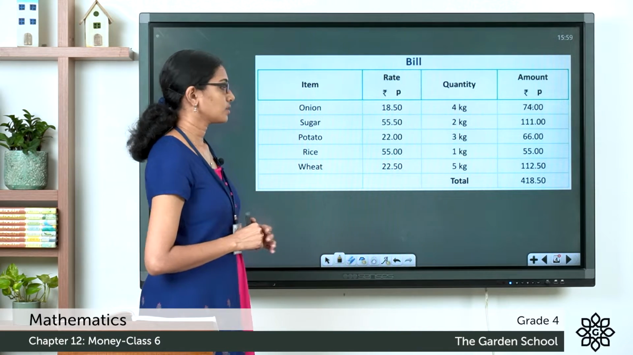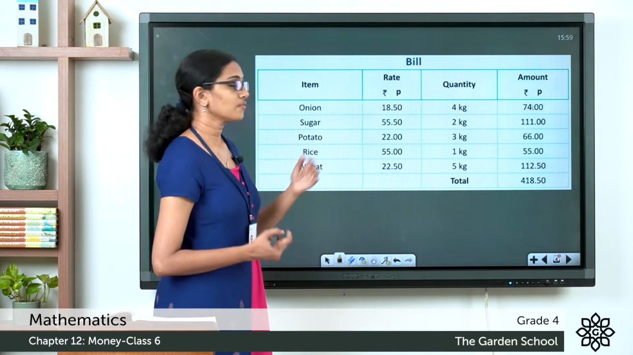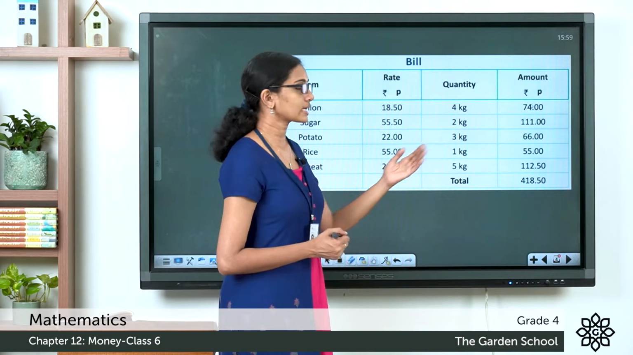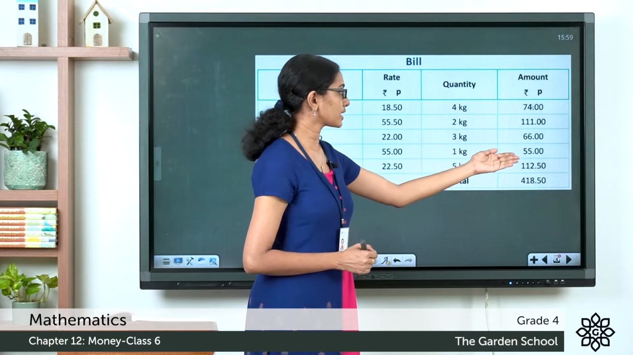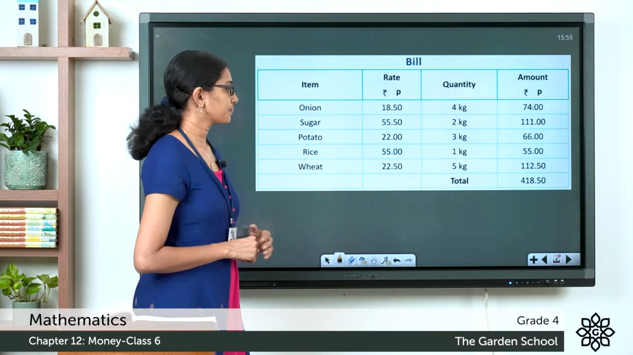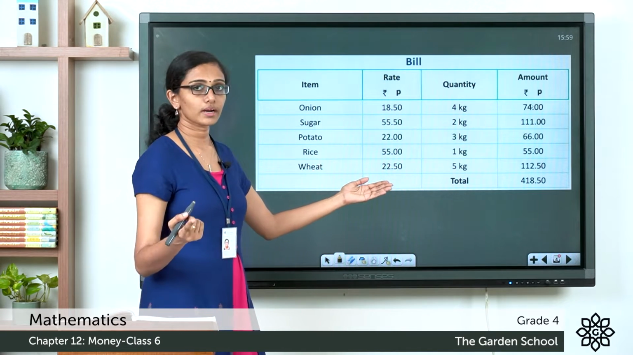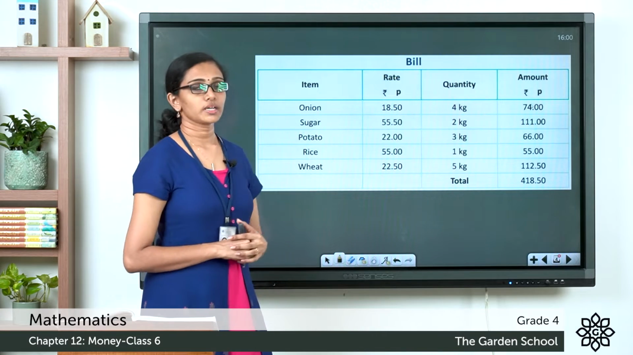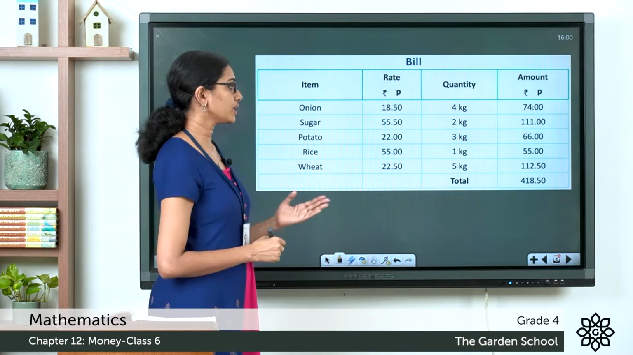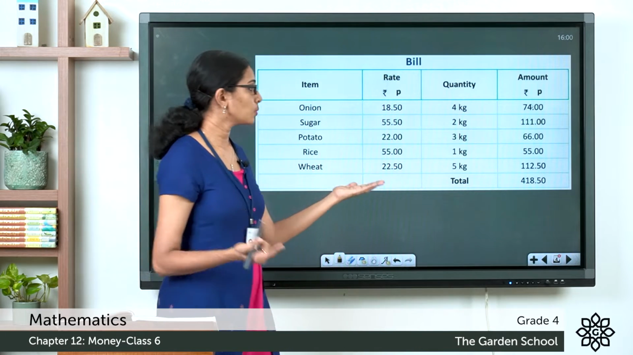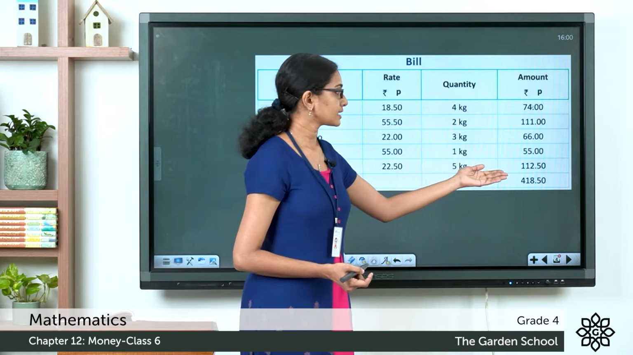Now rice, rate per unit or the cost of 1 kilogram of rice is equal to 55 rupee. Now he bought 1 kilogram of rice, so the cost of 1 kilogram or the total quantity of rice is equal to 55 rupee. Now wheat, the rate per item or cost of 1 kilogram of wheat is equal to 22 rupee 50 paise. He bought 5 kilograms of wheat, so the cost of wheat will be 5 into 22 rupee 50 paise and that is equal to